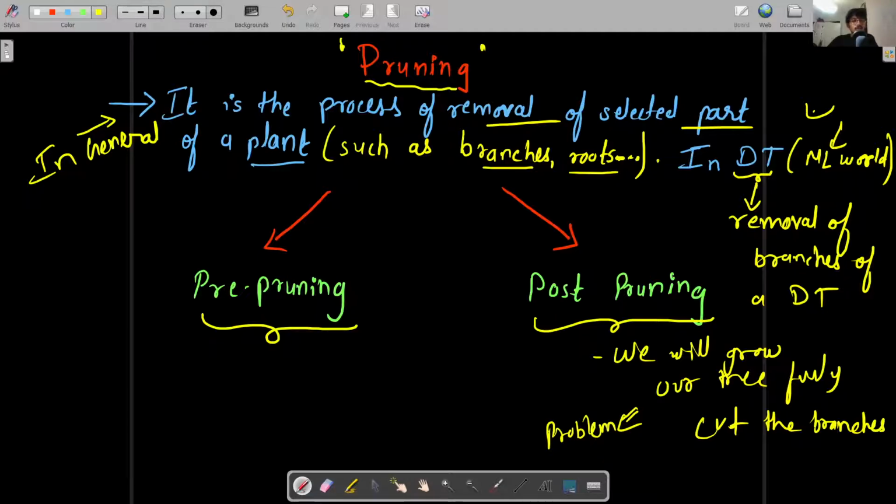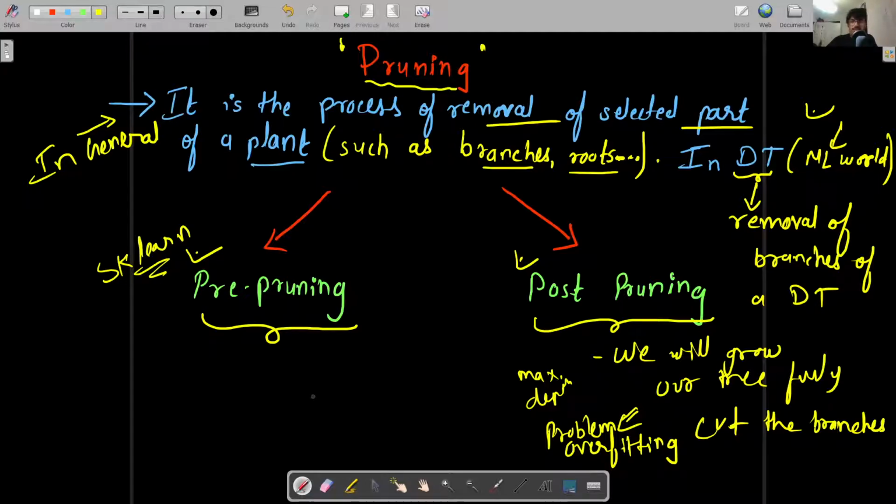Because at the end, what we know is that if we grow our tree to the full depth, or the maximum depth, then there is a problem of overfitting, which is what we have to avoid, and which is where the entire machine learning theory revolves, right? So for that purpose we'll use either pre-pruning or post-pruning. Post-pruning we will discuss in the next lecture. But in this lecture we'll discuss pre-pruning because this is what is done by scikit-learn.